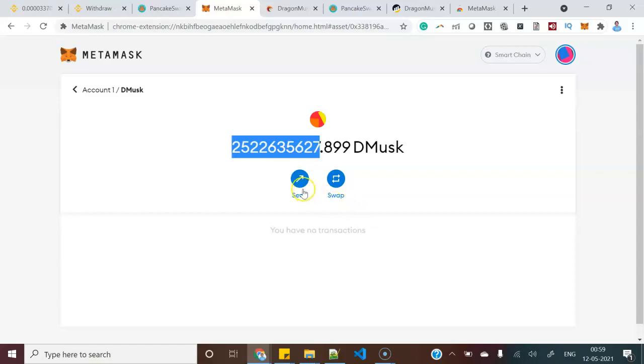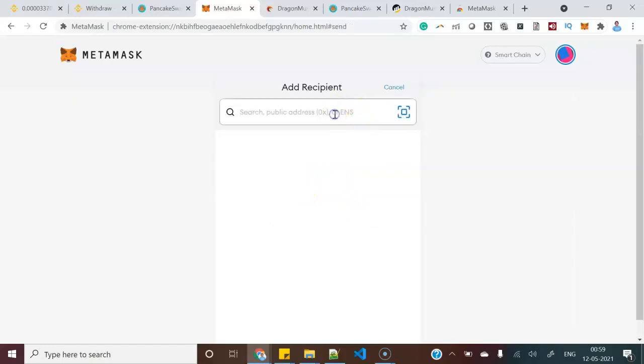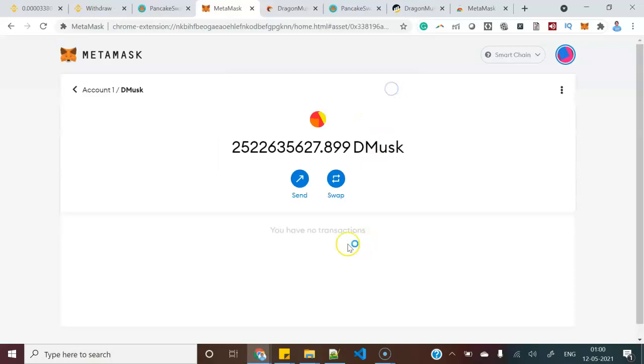Just click the send button and put the address of your wallet, or even scan the address of your wallet, then immediately that coin will be transferred to that wallet, and then immediately you can sell it whenever it is available on that particular exchange. So this is how easily you can purchase the Dragon Marks cryptocurrency.